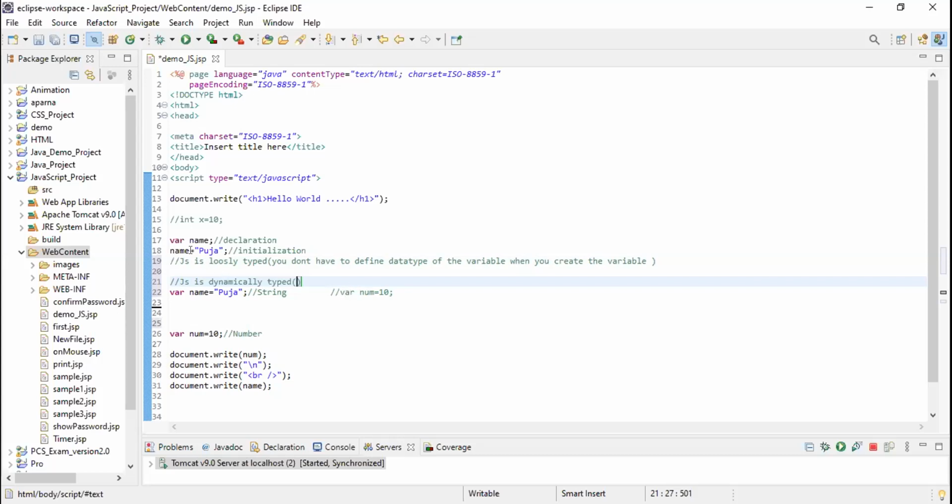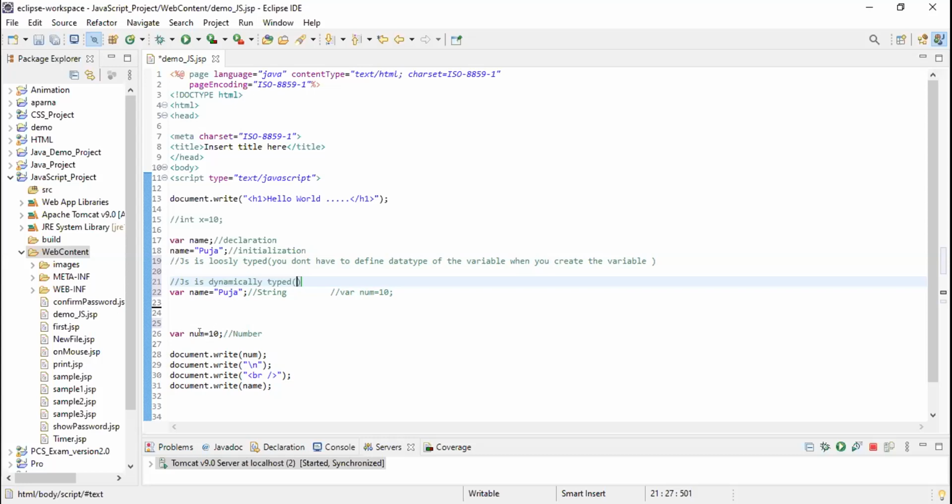In the variable name Pooja, I'm not giving any data type, right? Yes, ma'am. But I am passing a value which is a string type value, right? Yes, ma'am. So automatically data type will change. Whatever type of value we pass in the variable, depending on that value, automatically the data type will change.